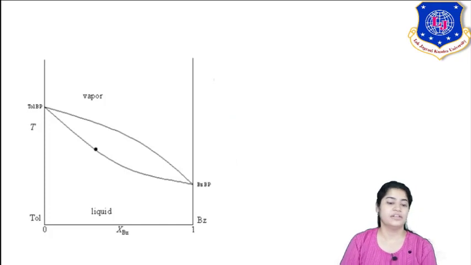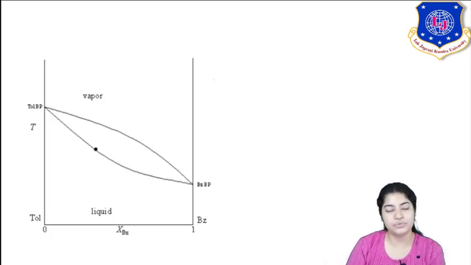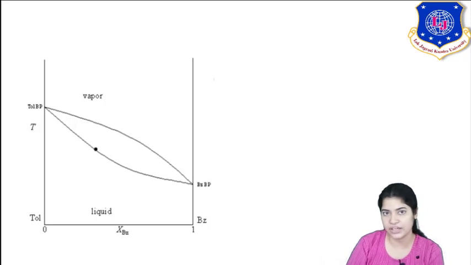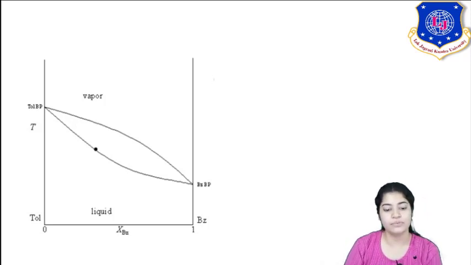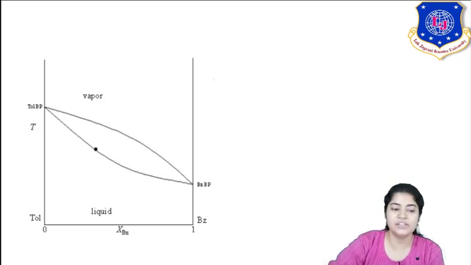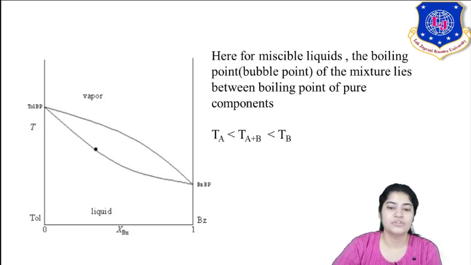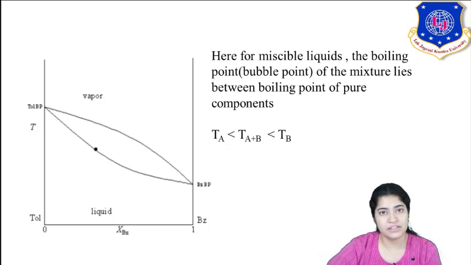Moving forward, again moving to the TXY diagram. See, this is the benzene and toluene situation. I am taking a mixture of toluene and benzene. On the right hand side you can see benzene and on the left hand side toluene. As benzene is more volatile, the boiling point of benzene is less than that of toluene. And the space between these two curves: the bottom line, where you can see the dots, is your bubble point curve, and above that is your dew point curve. Now toluene and benzene are miscible together.